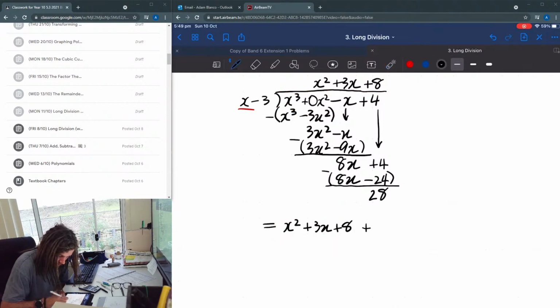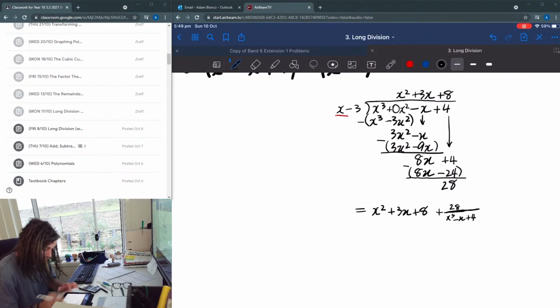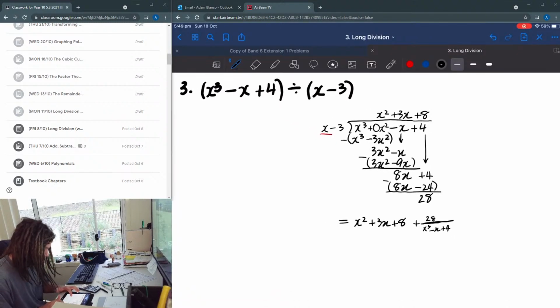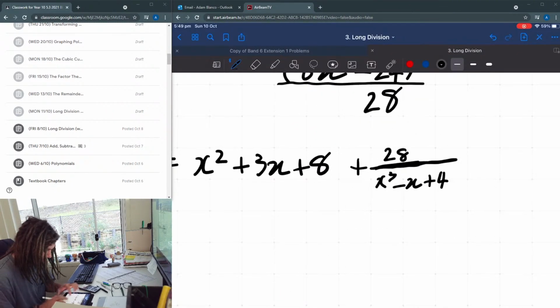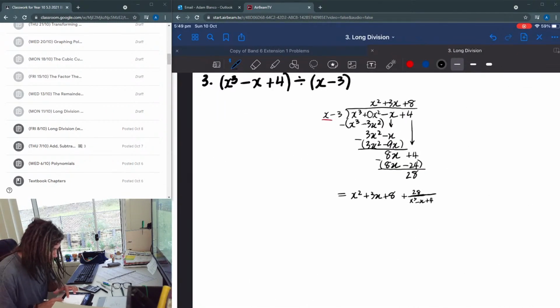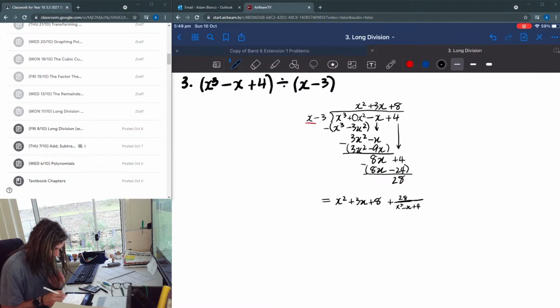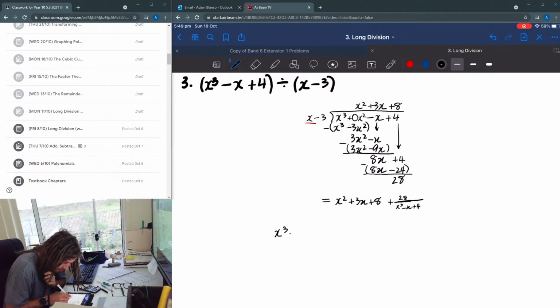and 28 over x cubed minus x plus 4. It's just a different way of writing the same thing. That's my resultant, so that's what the division has produced. That's really disgusting, that line. Okay, but a different way of writing this is via